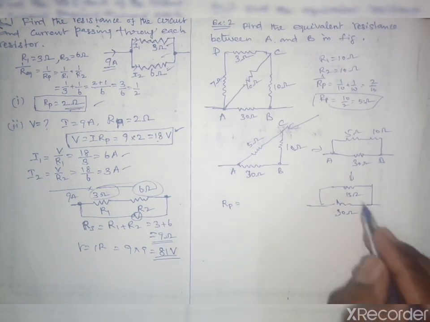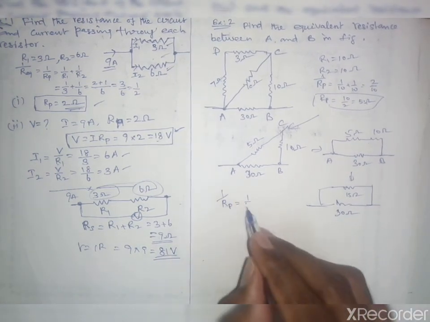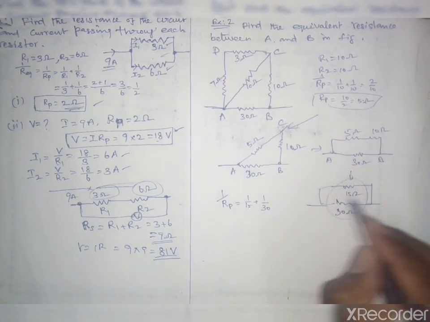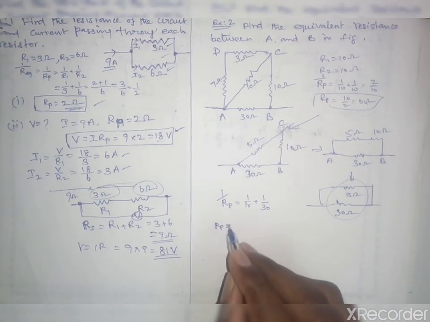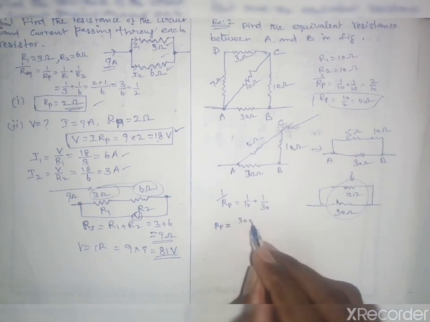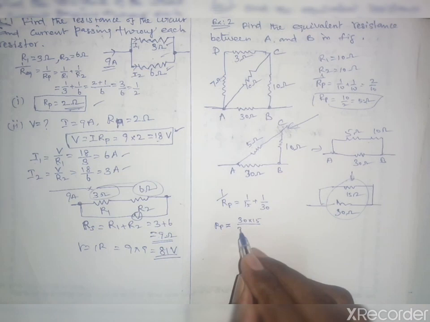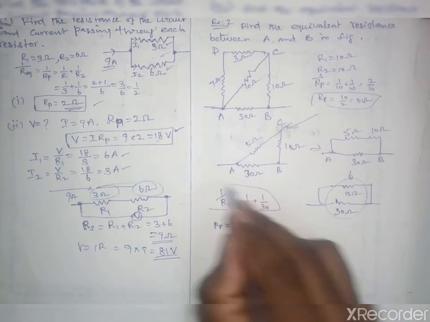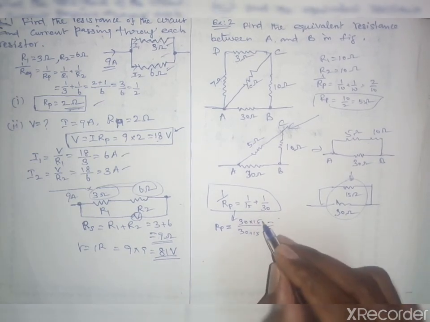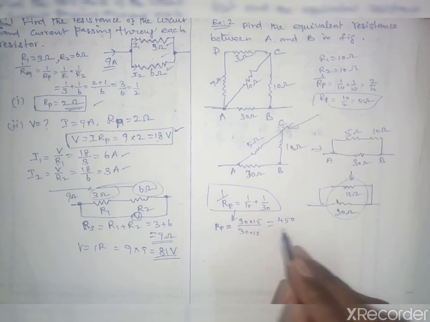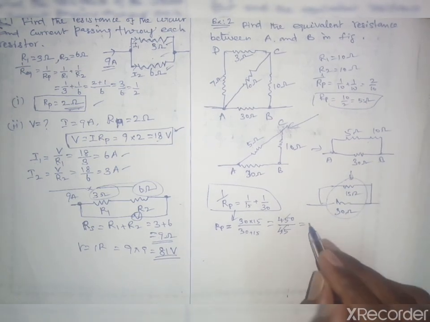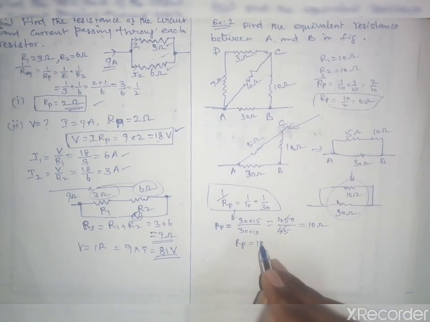So finally RP equal to, we can write 1 by RP taken 1 by 15 plus 1 by 30. Simply for two resistances, parallel connection will be RP equal to finally the product of the two individual resistances, that is 30 into 15, and summation of the two resistors 30 plus 15. So we know that. So taking LCM, finally we obtain this. So RP equal to 30 into 15, 450, and 30 plus 15, 45. So finally we get 10 ohm. So the RP equal to 10 ohm.